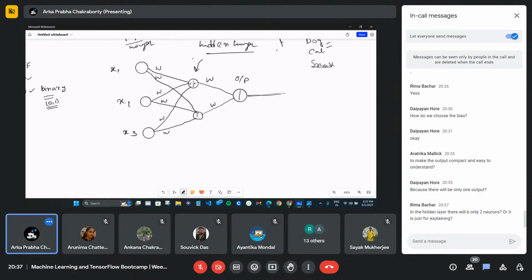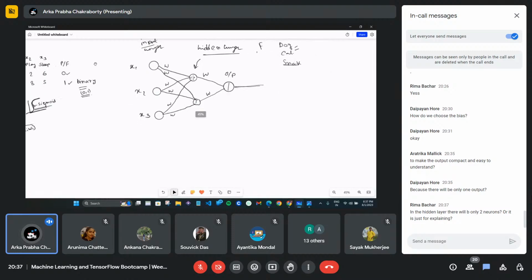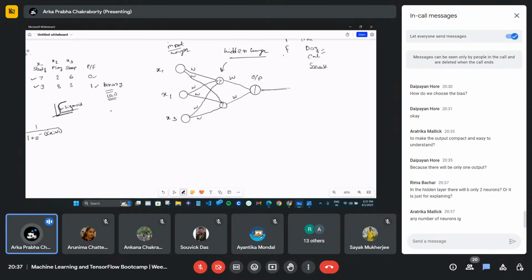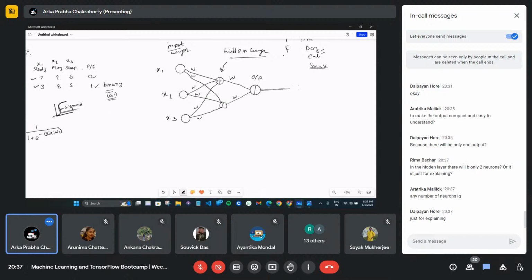Just think, my first dataset was telling us that if a student has 2 hours of playing and 6 hours of sleeping, then that student will pass, right? What if my model predicts 1, but my actual output is 0? Then what should I do?